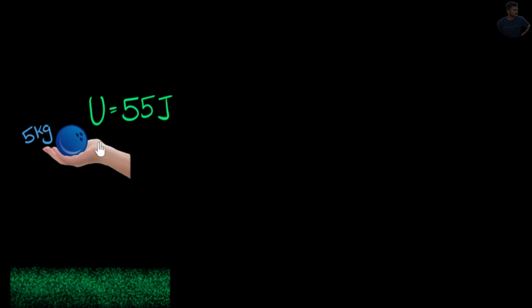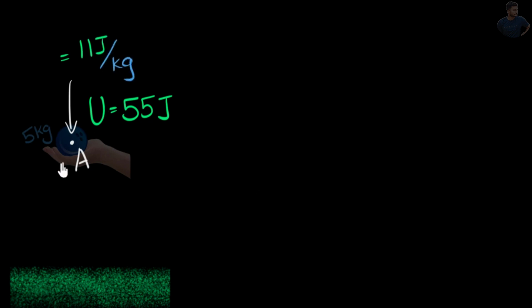All right, hopefully you've tried. So you might know that less mass means less potential energy. In fact, if I have only 1 kilogram, 1/5 of the mass, then the potential energy would be just 1/5, and so 1/5 of 55 would be just 11 joules. And you know what I can do now? I can get rid of this ball, and I could put an indicator, label that point, and say, let's call it point A. And I could say at this point, the potential energy is 11 joules per kilogram. That's how we can write it.